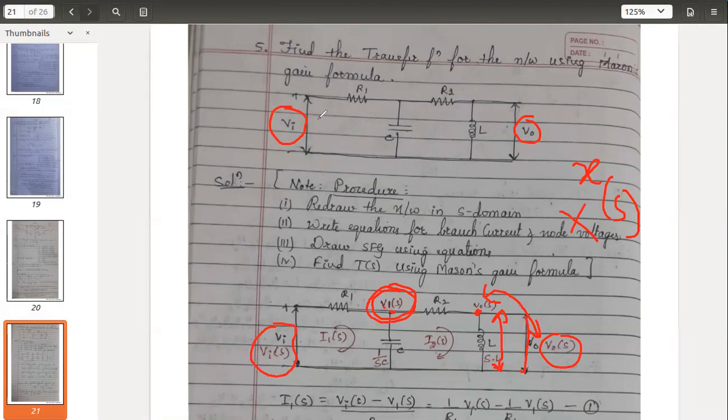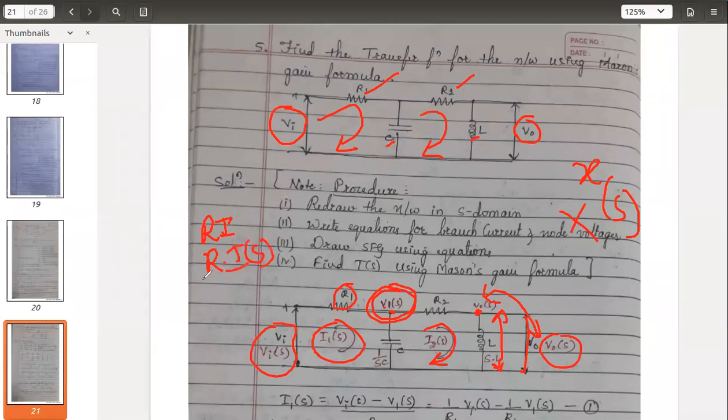And for the first loop, I have taken the current I1, so the Laplace transform is I1 of s. For the second loop, I have taken I2 of s, the second loop current. Coming to the components, that is R1, R2, C and L. Try to remember whenever we had these R values, how you took the S domain values, it is R only. Try to remember when we took R into I. In the case of an electrical network, when we take the Laplace transform, R is a constant term and we take it the same, and it is simply I of s.